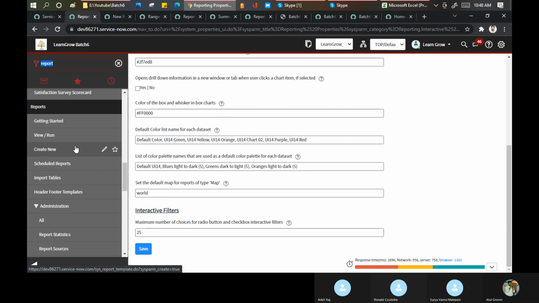On a BAU basis, I guess we receive 30 to 35 tickets on a quarter basis for these kinds of reportings and dashboard configurations. So now what you can do, you can reanalyze all these 35 tickets and see, can you optimize that into 1 or 2 reports only? Suppose a single report is used by every team, like incident open, definitely it will be used by database, Unix server, every team. Better create a single report and put the interactive filter on top of that. कि भाई तुम जाओ अपना ग्राफिक्स यहाँ पे जाके देखो और वहीं पे मिल जाएगा. मैं क्यों 5 रिपोर्ट्स अलग-अलग 5 टीमों के लिए बनाऊं?